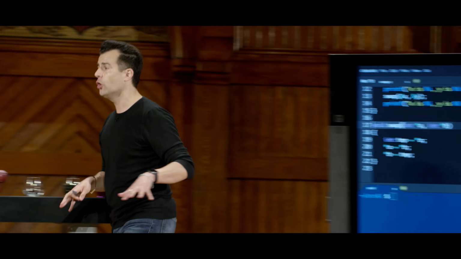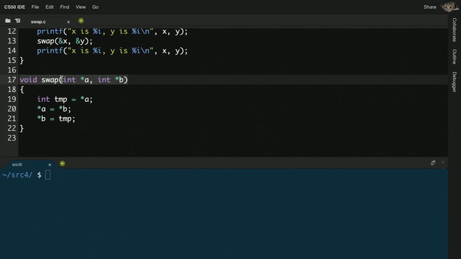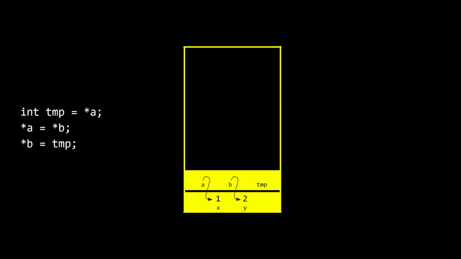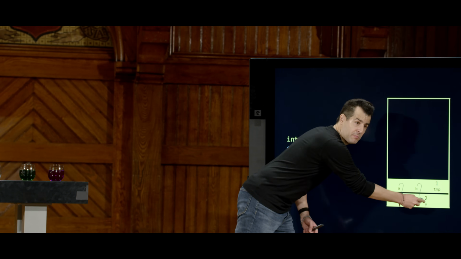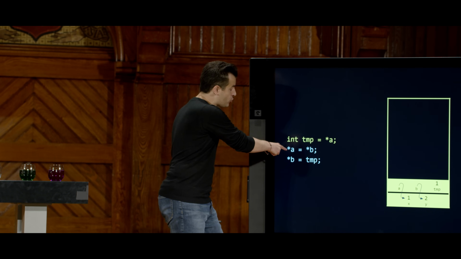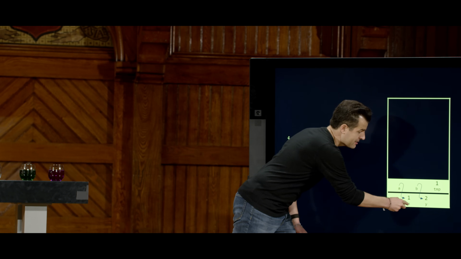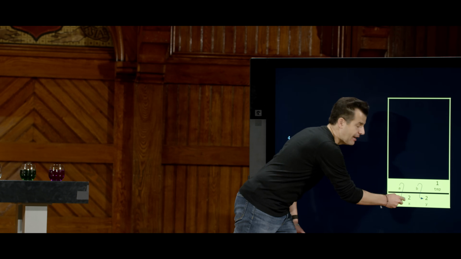It's hard to see this in code, so let's instead visualize it. If I go back here to these 3 lines of code, here now is a correct version. The first line of code says go to the address in a and store it in temp. So I'm going to go to the address in a by following this arrow down to x, and I'm going to store in temp the number 1. Second line of code, I'm going to go to the address in b. That's like following the arrow, which leads me to the 2. I then follow the address in a, which leads me to x, and I put 2 in x.